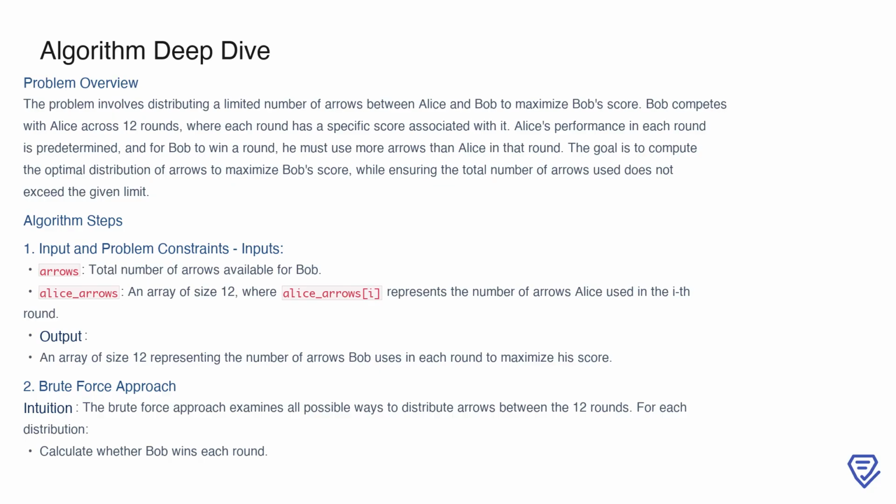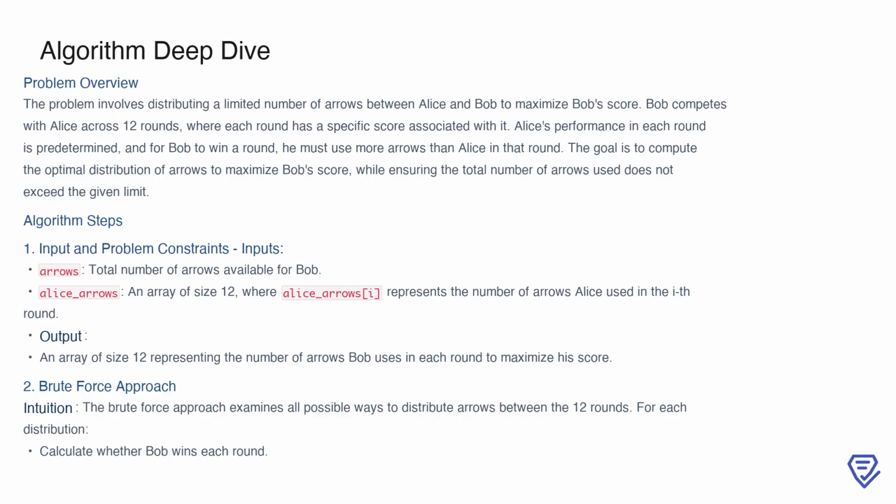We're given the total number of arrows Bob can use and an array representing the arrows Alice used in each round. The output we're looking for is an array showing how Bob should distribute his arrows to maximize his score. The brute force approach to solve this problem involves exploring all possible ways Bob can distribute his arrows. For each distribution, we calculate Bob's score based on the rounds he wins and track the distribution that results in